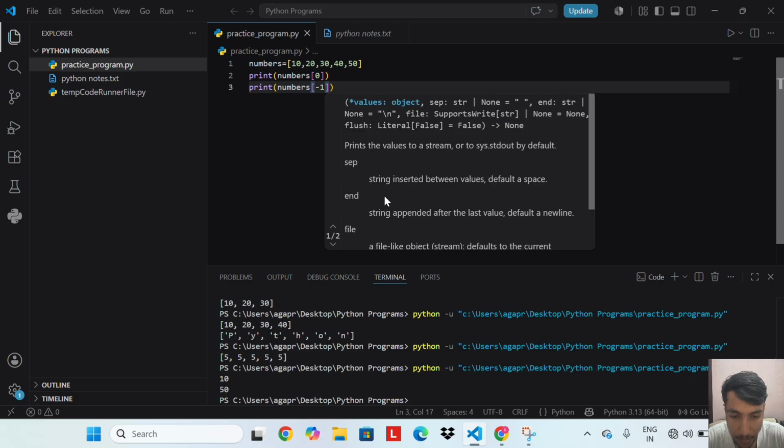And negative indexing starts from -1 at the end. So index of 50 is -1, index of 40 is -2. So the output of numbers -1 is 50. Use positive indexing to access from the front and negative indexing to access from the back.